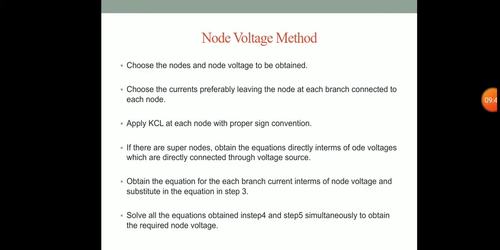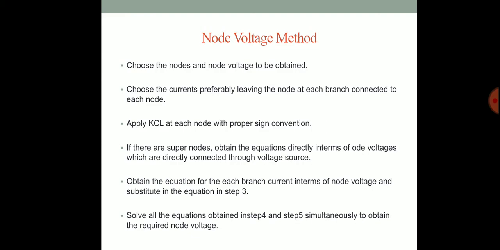Next, the node voltage method. The node analysis method is based on Kirchhoff's current law, while the mesh analysis method is based on Kirchhoff's voltage law. Here we see node analysis, or the node voltage method. This is the KCL, Kirchhoff's current law. In this method, one node is assumed as a reference node and its potential is assumed to be 0. This node is also called the zero potential node, base node, or datum node.